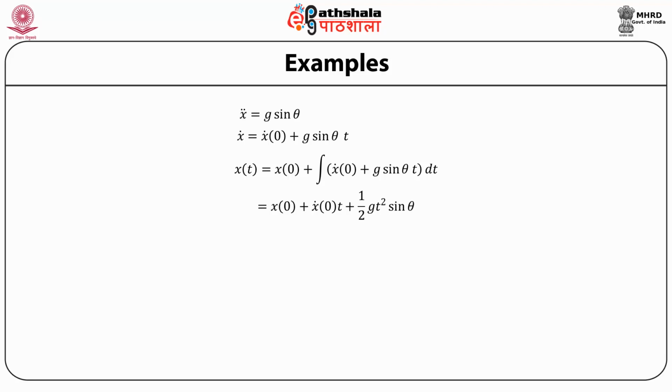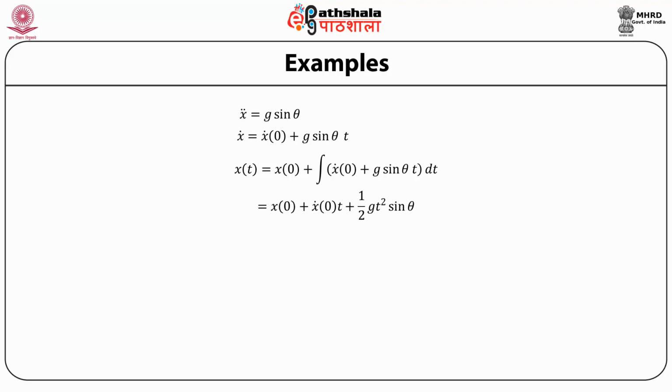Integrating, we get x dot is equal to x dot at time t is equal to 0 plus g sine theta t. Integrating once again, we have x(t) is equal to x(0), that is the position at time t is equal to 0, plus the integral of the velocity at time 0 plus g sine theta into dt. So we get that x(t), the position of the particle along the block at any time t, is equal to the initial position plus the initial velocity times t plus half g t square into